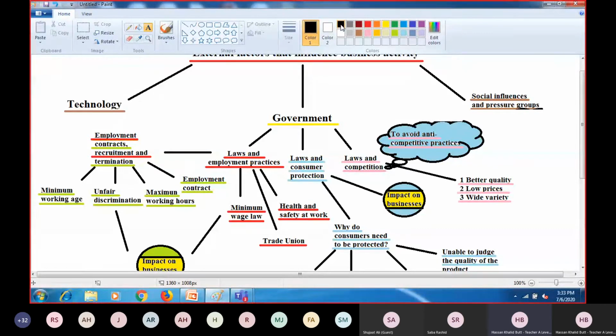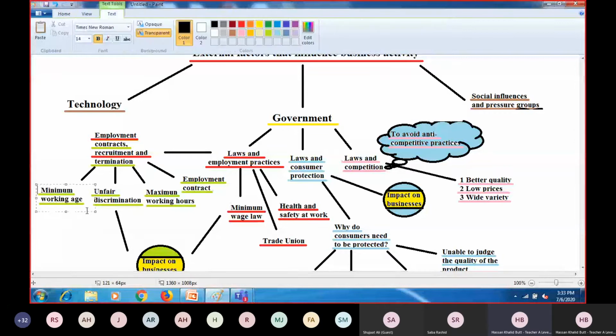So that is why they normally want to avoid it, but if the laws are there, they have to follow it. Now, there are various other things as well. If you see it, minimum wage, minimum working age. Talal, what is it? There is a law that there has to be a minimum working age. What does it mean, and why is it there?